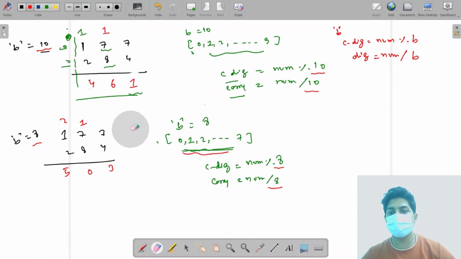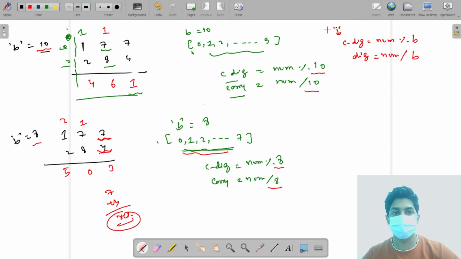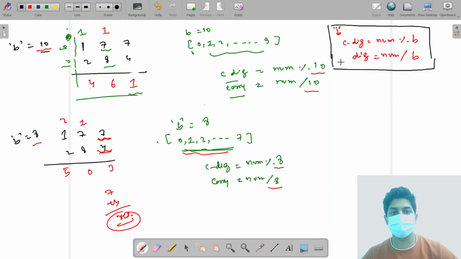Let's understand what we are doing at each instance. We take these two numbers, we add them, 7 and 4, and whatever result we get, we apply these two formulas to that result. That is, we calculate what should be the current digit and what should be the carry. This is not digit, this is carry. So we calculate the current digit and the carry, and then we move on to the next element, and we iterate this process till nothing is left, that is, 0 is left.